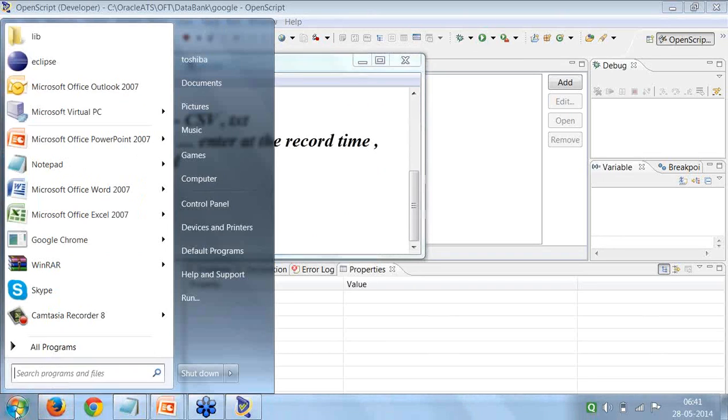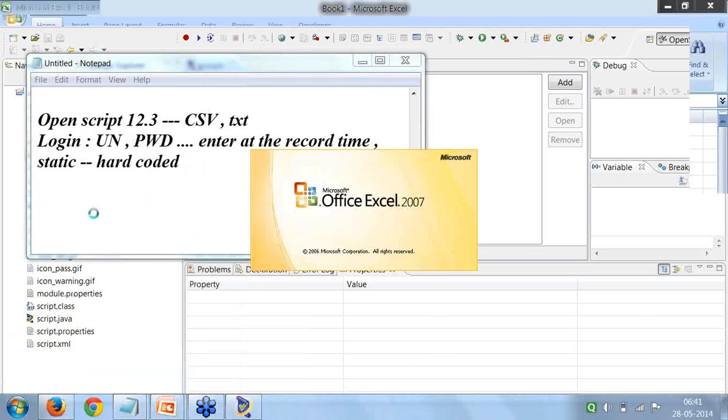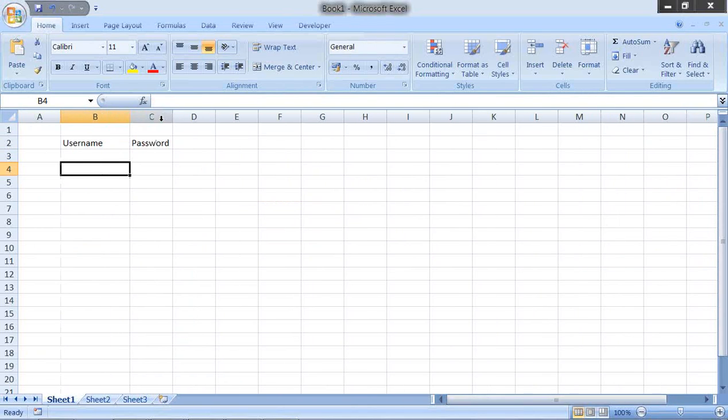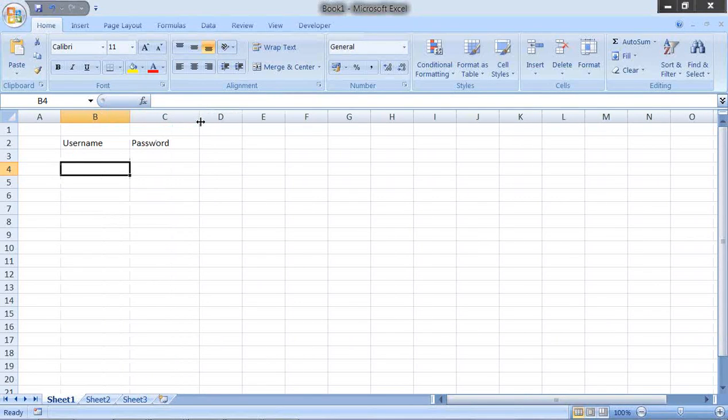Basically, I'll go to Microsoft Excel, and I say that this is my username field and this is my password field. Suppose, according to the requirements, let us enter only valid data, and we'll see how to create a CSV file for this. I'll give some inputs here.